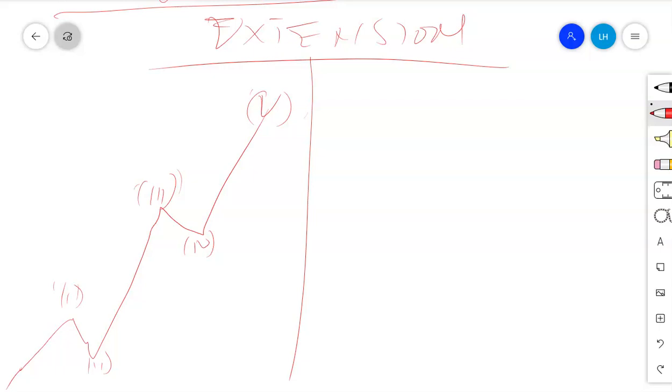Now, that clear count, how will you see it? You will find that when you are building this structure, when you are building the 1, 2, 3, 4, 5 to the top, one wave has traveled a longer distance compared to the other waves. That's the first thing that sometimes you can identify.